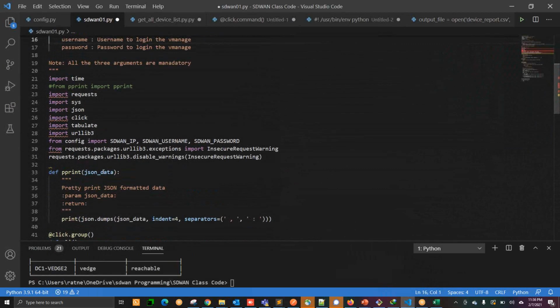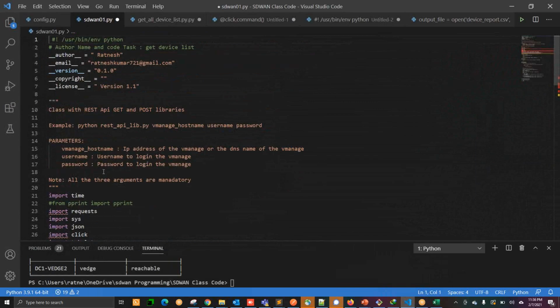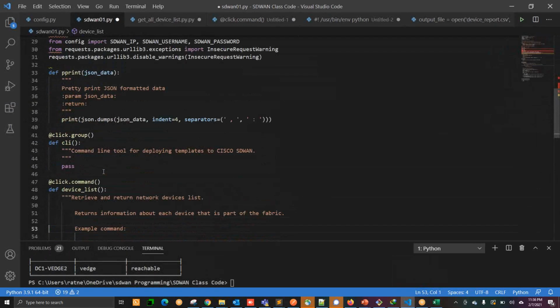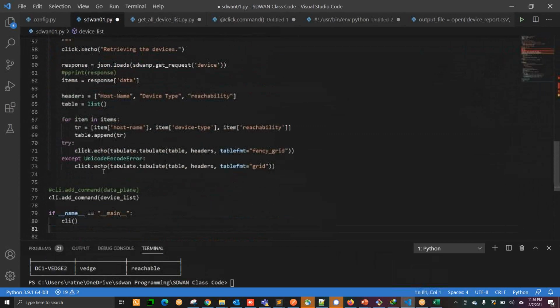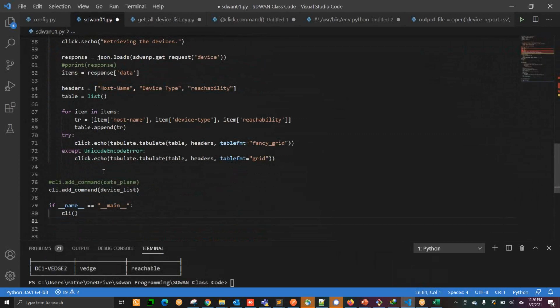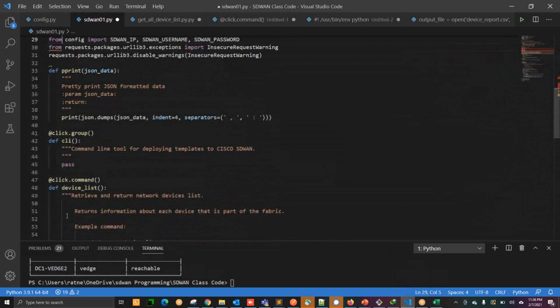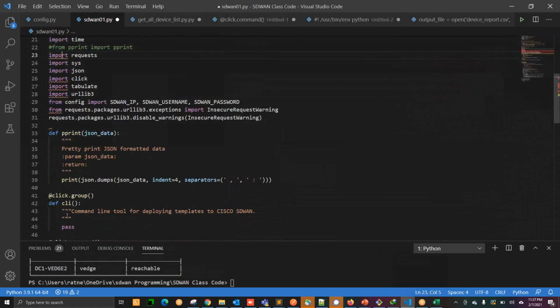Do I have main function that is starting? So not a starting the main function, because main function is taken as a CLI. So let's see. CLI is there. Let me go up. Yep. So I think it should work.